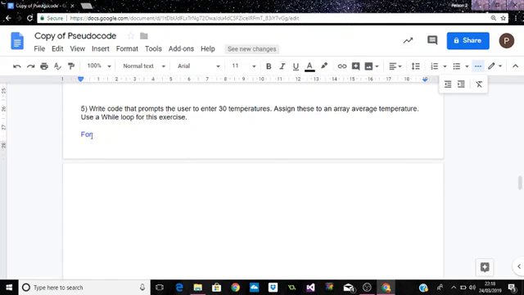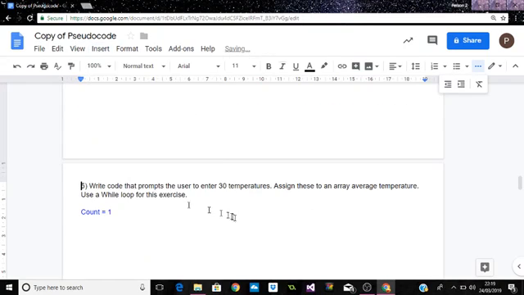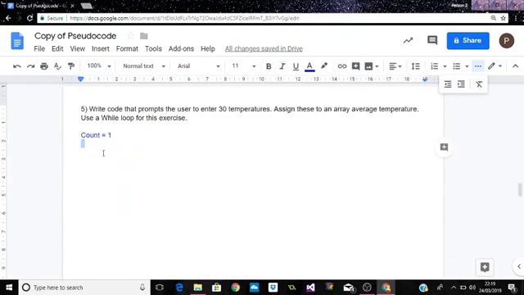So 30 temperatures. This time we're going to give ourselves a count value, and we're going to set it to 1. This happens automatically in a for loop, but we're going to have to explicitly do that. I'm also going to insert a page break here, in between two pages. So count is assigned the value of 1, and so while count is less than or equal to 30,